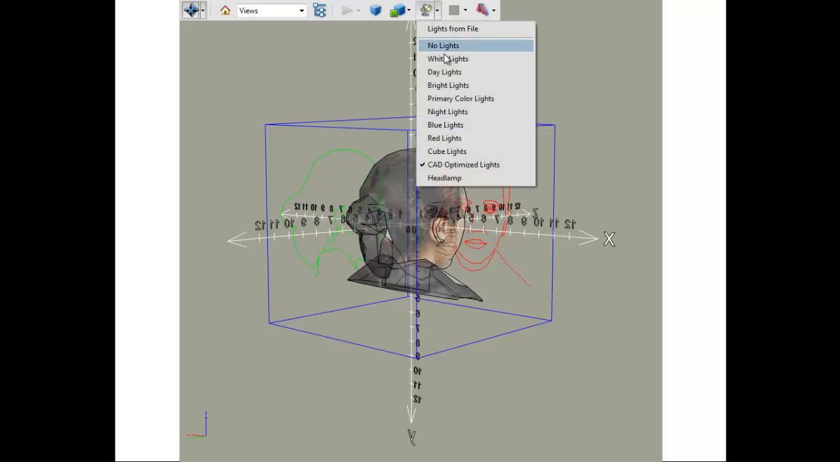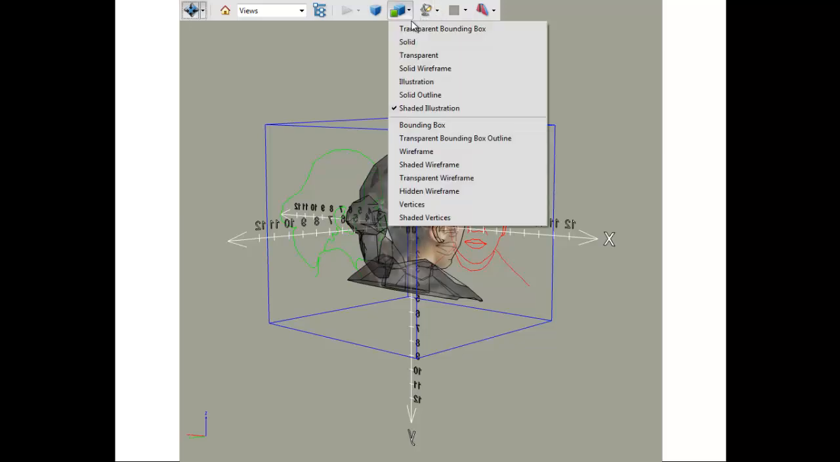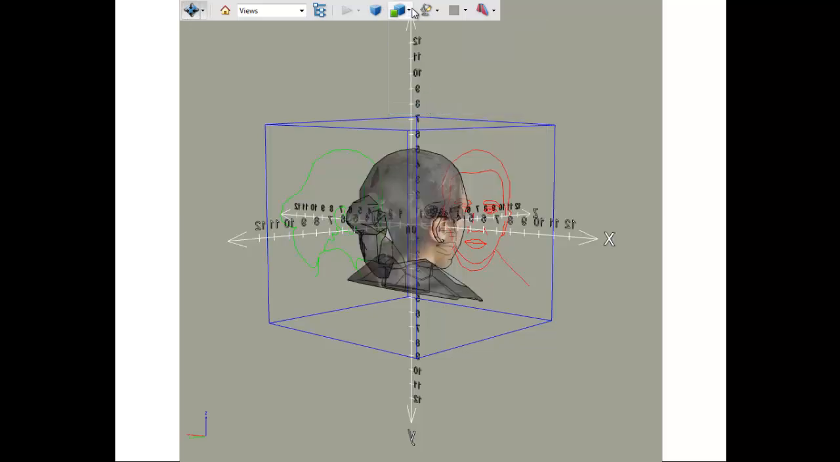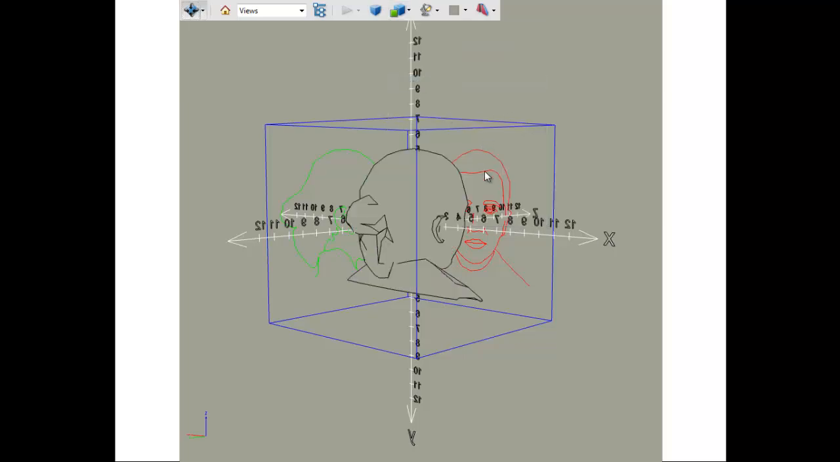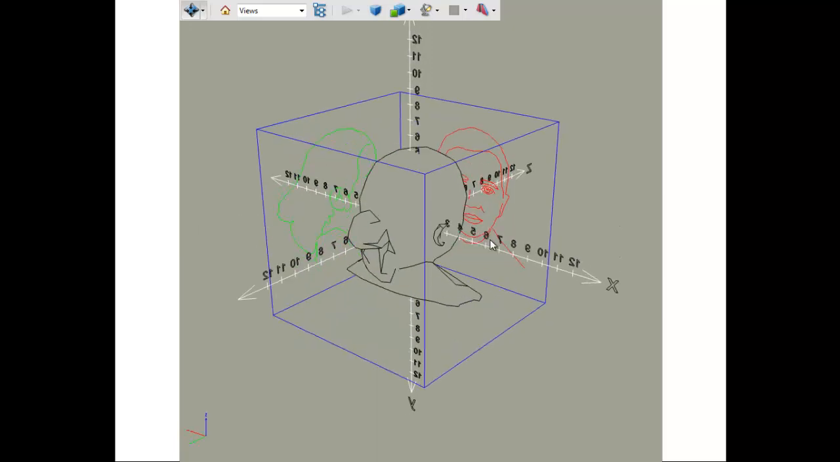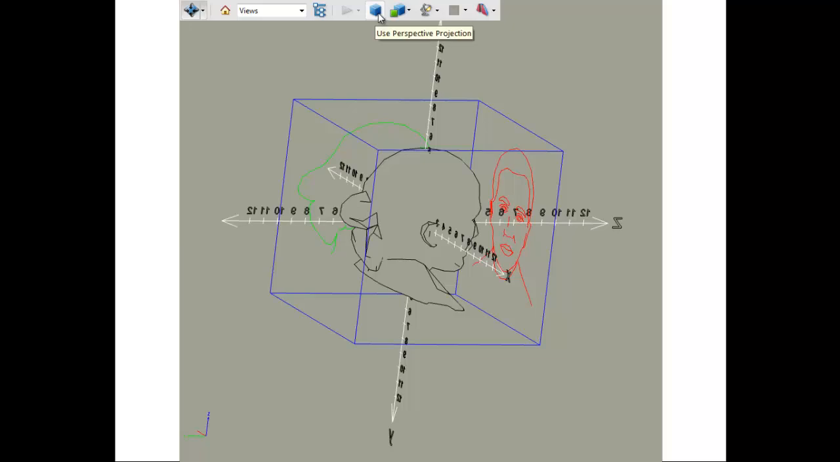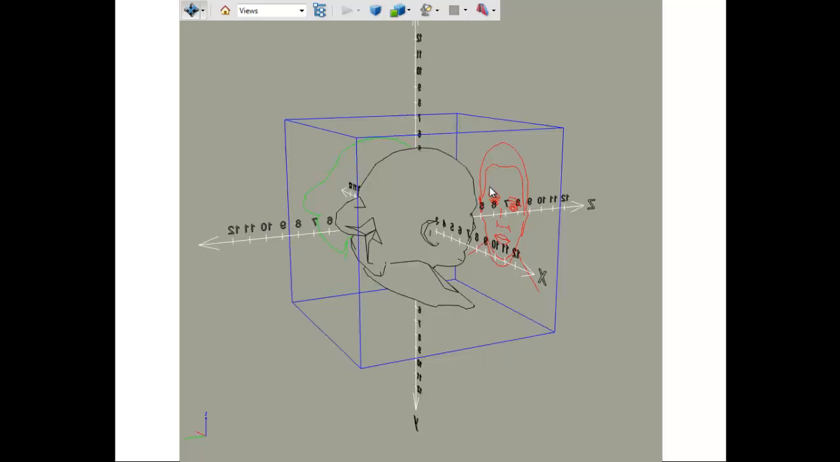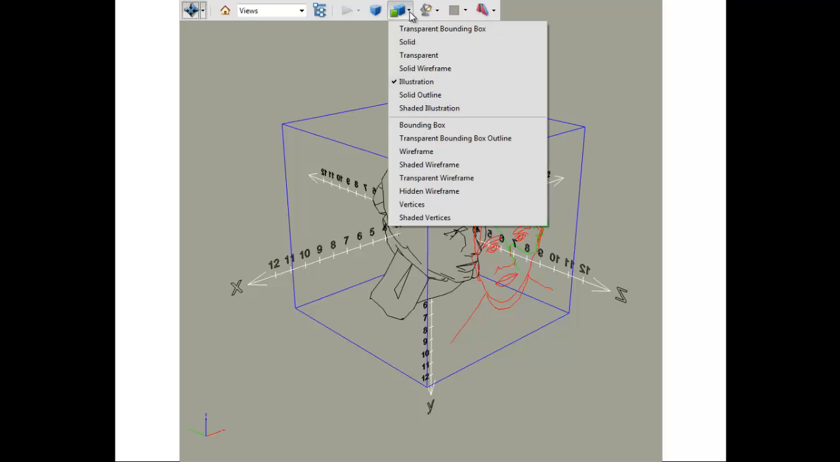We can change the lighting on her. I don't know whether there's no lights. Let's see. I think we can change her to a transparent view. We can look at the shaded illustration, which is what I just had, or just an illustration where we can look at a line drawing of that person's 3D model. This is just a perspective projection, so you can give her a little bit more depth. So there's a lot of ways that we can look at